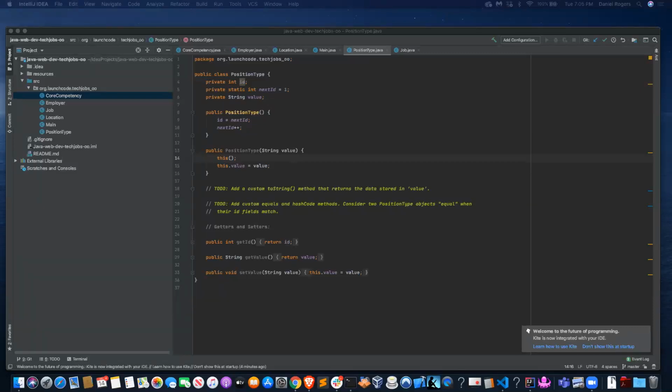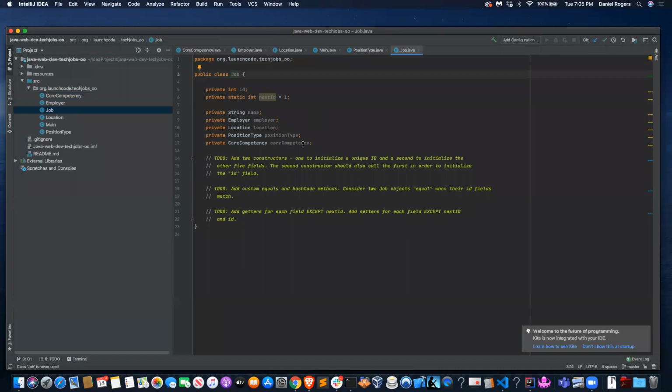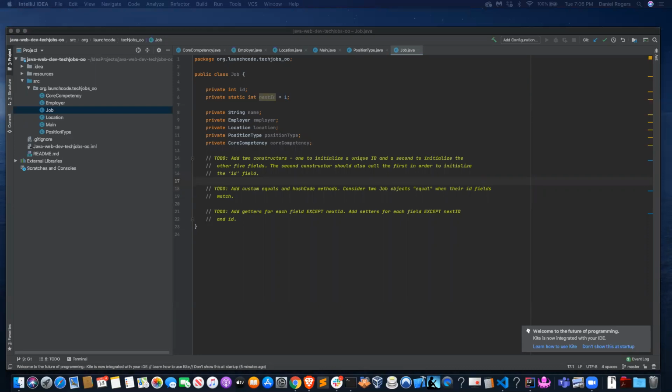So let's see. We have the Job class here, and there are basically to-dos laid out for us. So that's definitely helpful. Add two constructors, one to initialize a unique ID and a second to initialize the other 5 fields. The second constructor should also call the first in order to initialize the ID field. So going down in the assignment text,